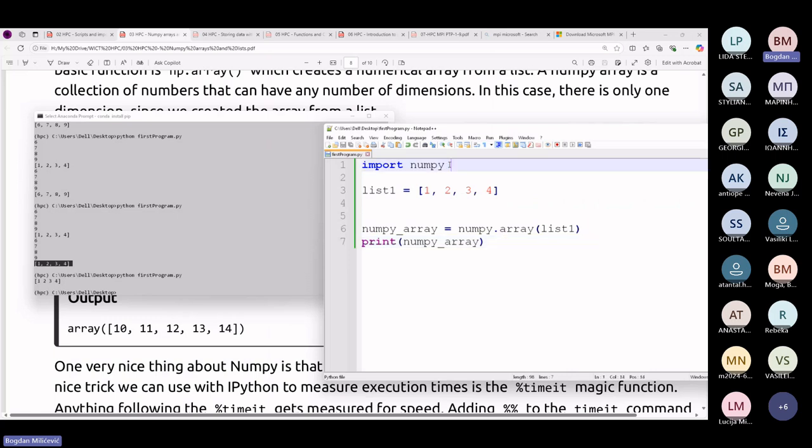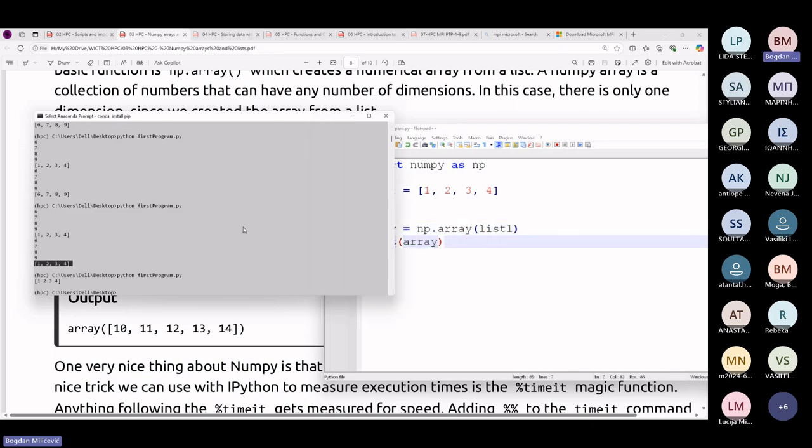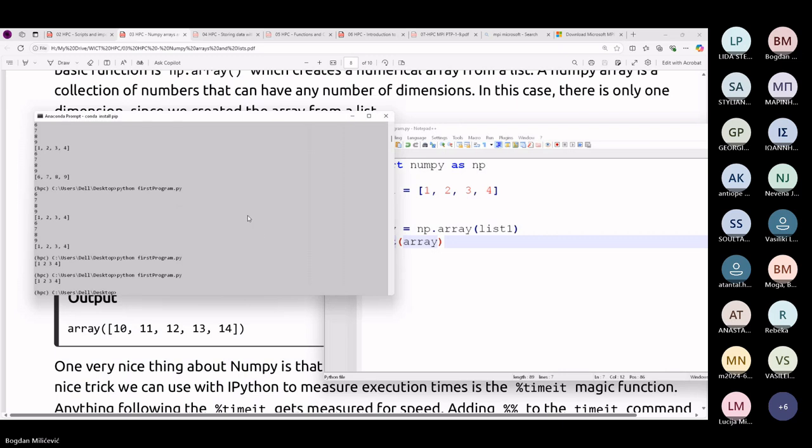Okay, let's make this shorter. So let's use NP here, here. Here we don't have to, we can name it whatever we like. We can name it just array. Whatever. Okay. So here,